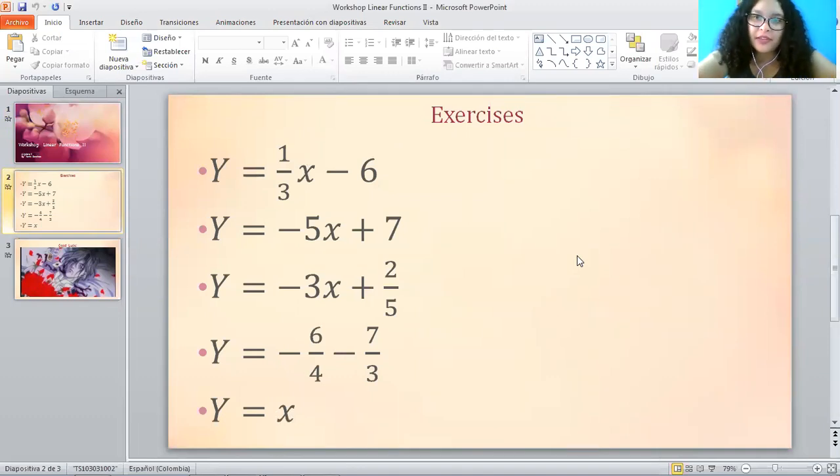What am I expecting you to do is to draw all these graphics, but applying the method of tabulation, okay? That was the method of the class of the Tuesday. So you are going to make the table of tabulation for each one of these. You're going to make the graphic, and if you want to make these 5 graphics in only one Cartesian plane,